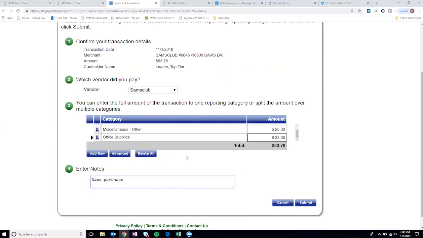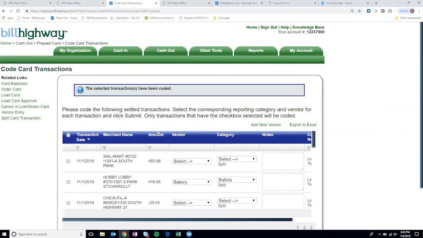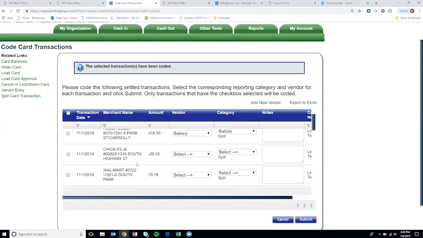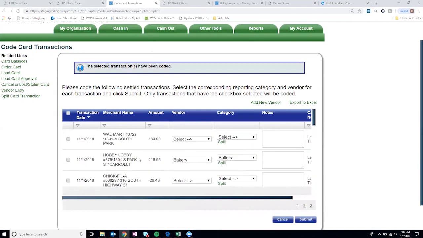And then go ahead and enter in a note and then click submit. What that now does is, one, it removes that from this page. As you can see, my Sam's Club transaction is no longer here. And now it's actually coded to my budget. Those line items are going to hit those reporting categories of how much I needed to spend for each one